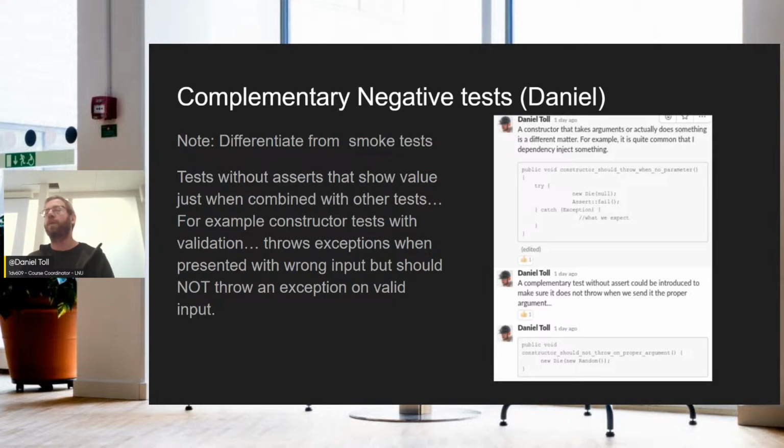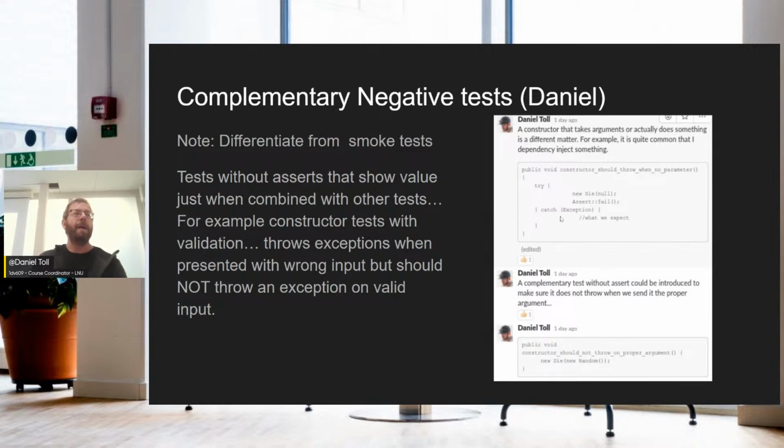And this means that in order to test such a constructor, of course I send a lot of different erroneous arguments to it and make sure that an exception is thrown, right? So you can see on the right here, a constructor should throw exception with no parameter. I call the die class with a null, and it should fail. So this is a way of testing even if the ability of testing exceptions is not in the